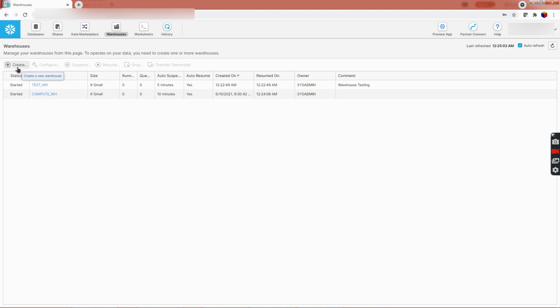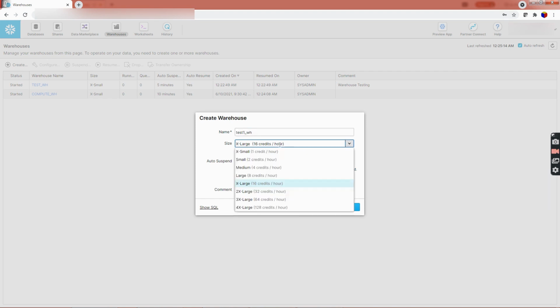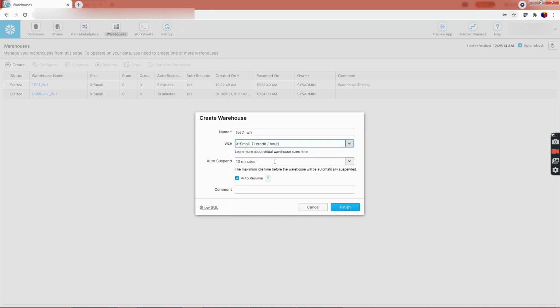Now I am trying to show some other stuff. If you want to create the warehouse in a visual way, this is the option where you can type in the same details over here, test1_WH, and then you can create. The same settings are mentioned here. Let me create it as XS small. Auto suspend, I am keeping it as 5 minutes. Auto resume, I am selecting, and again it is something like a test. If I click on finish, then this warehouse also will get created over here.